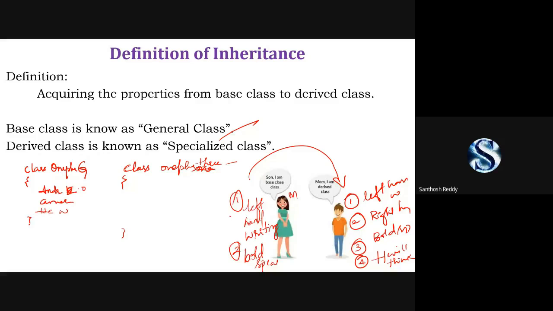Processor, we can add. Okay. Display size. Display.